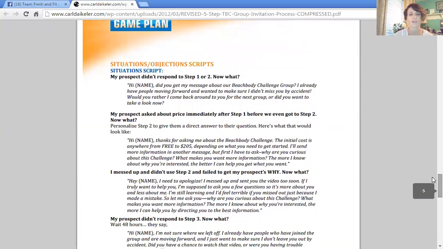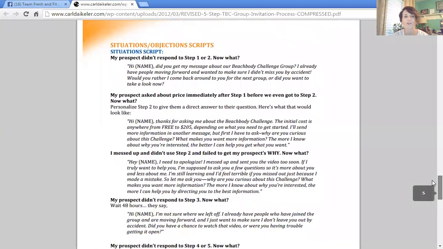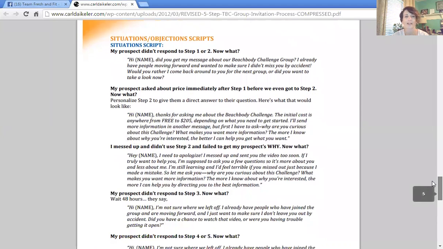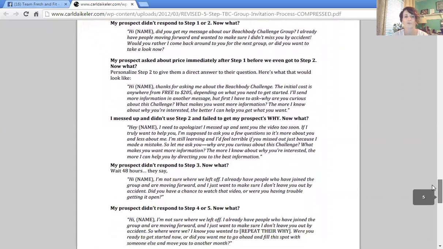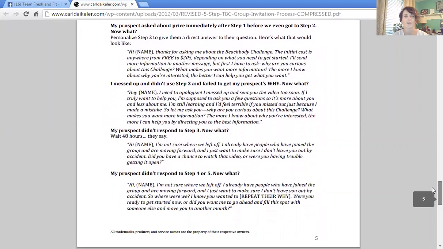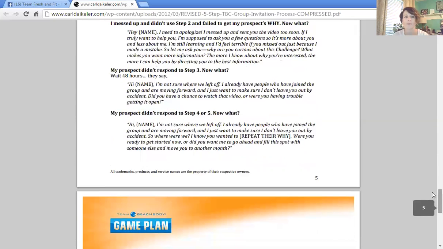They changed this up recently. They've added on situations and objection scripts here to this document. So you don't have to go somewhere else to find it. It's right here. Here's what to do if they don't respond to step 1 or 2. Okay, here's what to do if they ask about price immediately after step 1 before we even get to step 2. And if you mess up, I messed up and didn't use step 2 and failed to get my prospects,